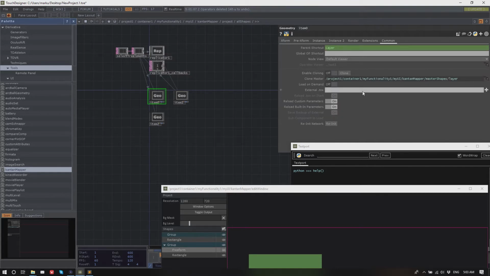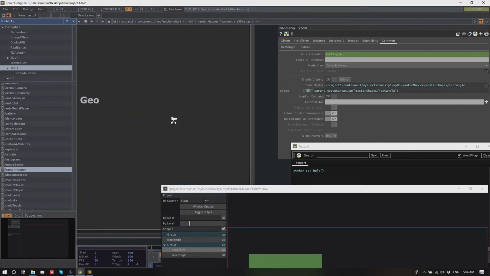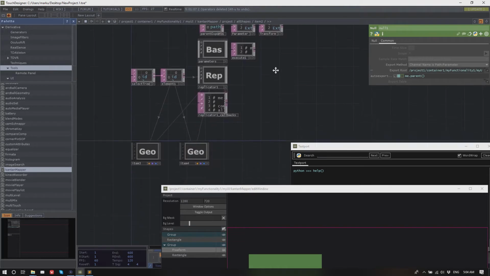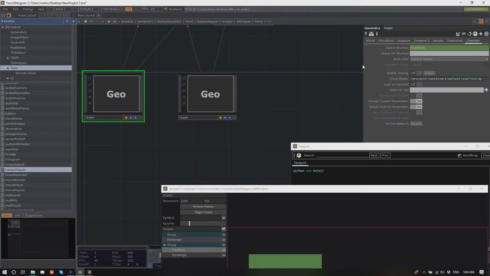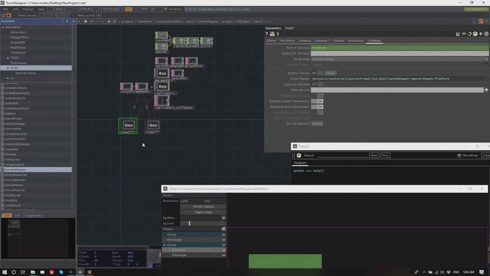So I replicate the geo component, that's the common thing, but then I clone every geo component from a different source so that it can be a folder, it can be a rectangle, or it can be a freeform shape. So you can get really creative by not just replicating the same thing, but replicating the same thing and then cloning from different places, making it a different thing.